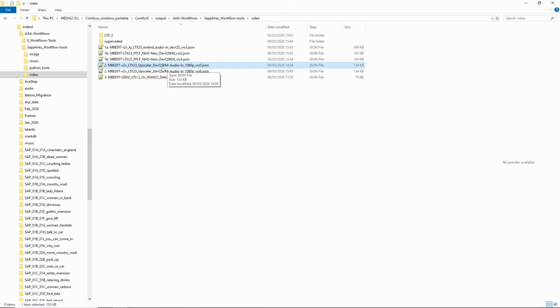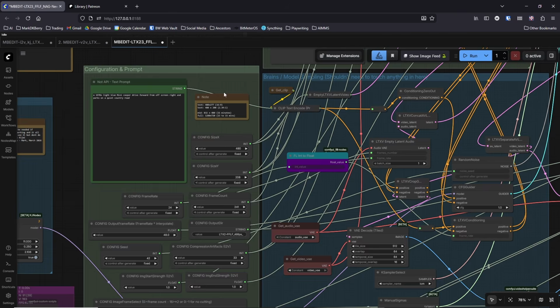But that's the first size I aim for, and then I shove that through the upscaler with a double upscaling, and it gets up to 1080p or 1920 on the longer edge, and whatever is the 2.39 to 1 ratio of that on the shorter edge. And then USDU if I need it, which on this size, at 1080p, I can run it through an upscaler that doesn't upscale but adds detail at about 0.2 denoise with the WAN model, and takes about 25 minutes. So it's not something I do unless I have to.